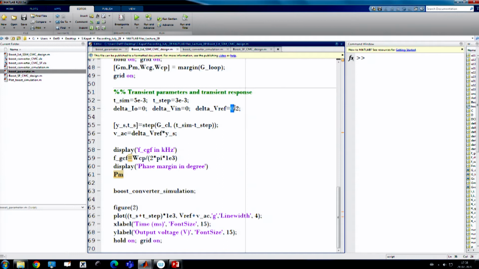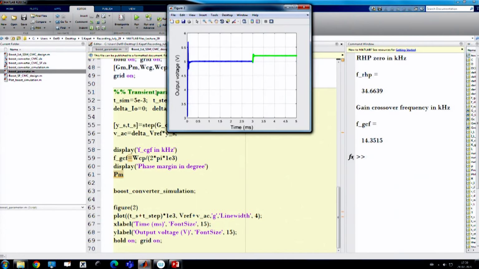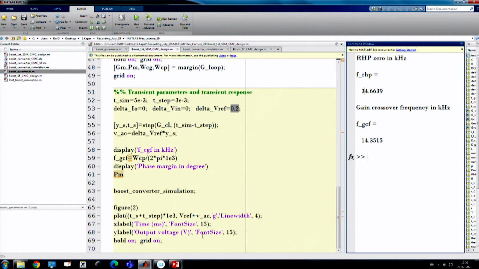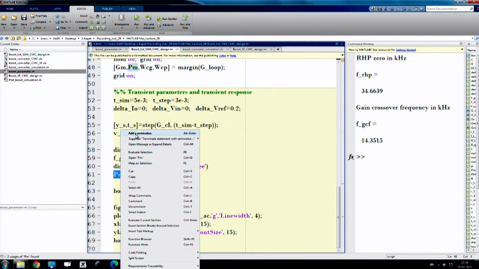I have applied a reference transient of 0.2 volt. So, it will change from 5 to 5.2 at 3 millisecond. Let us run it. So, I select the fraction of RHP zero, that is my bandwidth. So, let us say 0.414, okay. If I do it, then what is my phase margin? So, let us go to my phase margin and see what I have